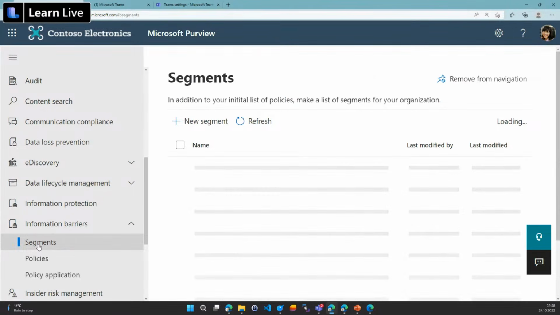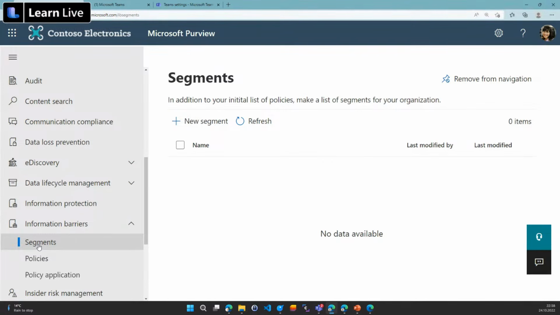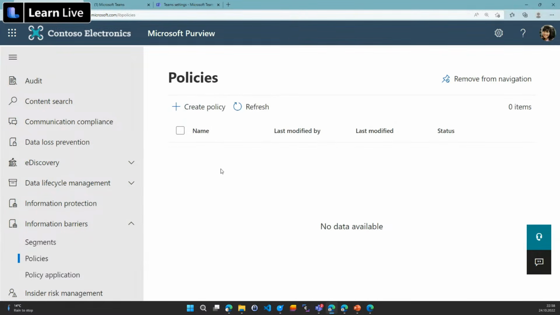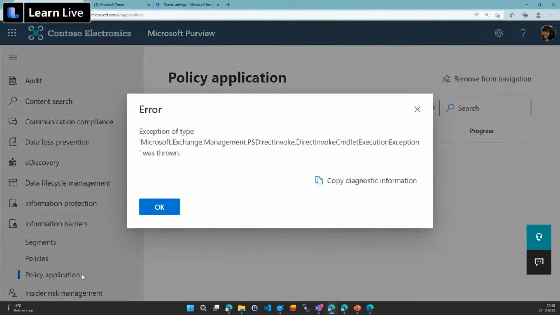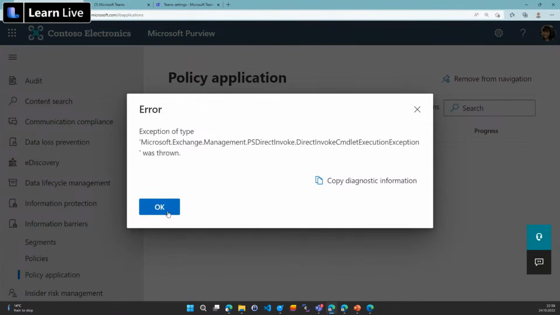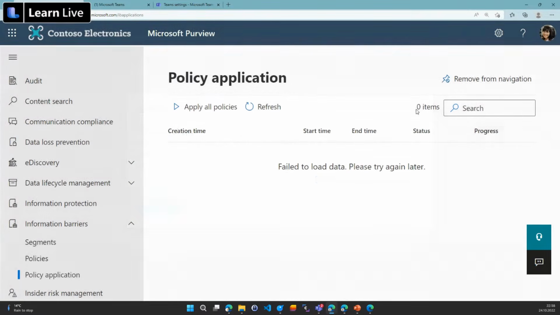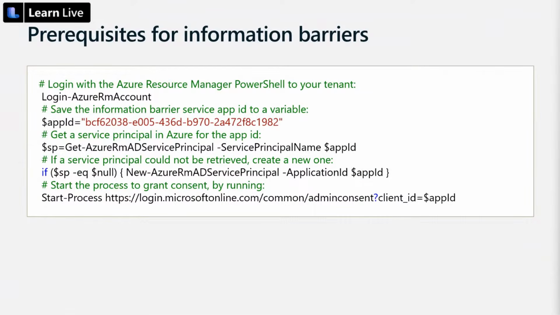So that means, first of all, you're configuring your segments, which means I want to prevent the financial department from speaking to the marketing department. And then after you have defined your segment, you go into policies, create your new policies, and so on. And then you turn the policy on. What you see here, because I haven't added any scoped search and any departments, I still get an error because that configuration is still empty in that demo environment.